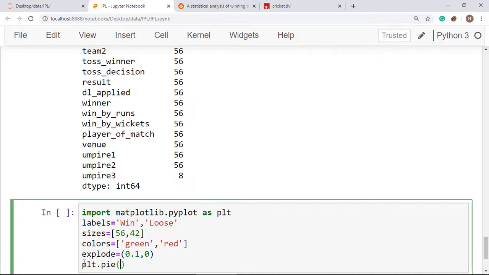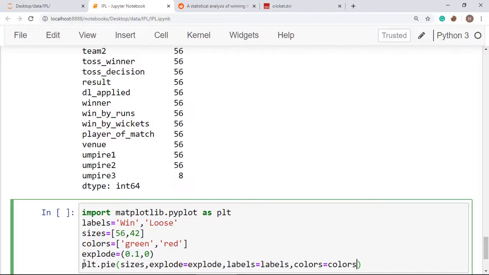plt.pie is the function which will help us to create the graph. So I am passing sizes, explode is equal to explode, and now I am passing the labels, and in the last I want to pass the colors. So labels is equal to labels, and I want to put some colors. So I'm passing colors is equal to colors.